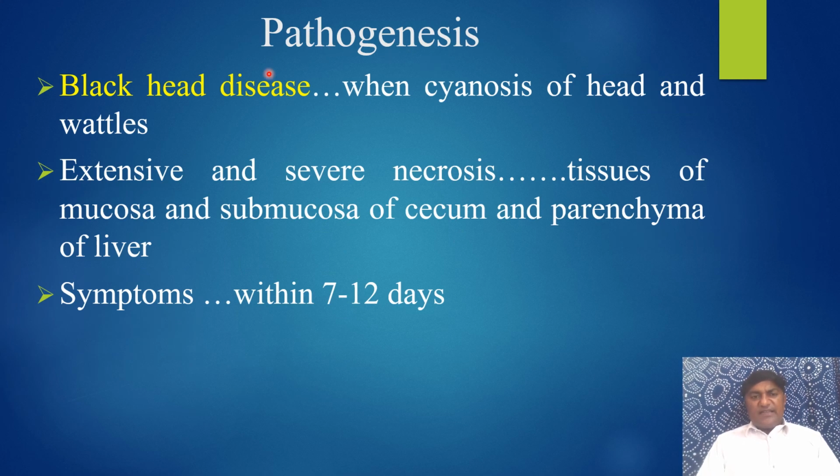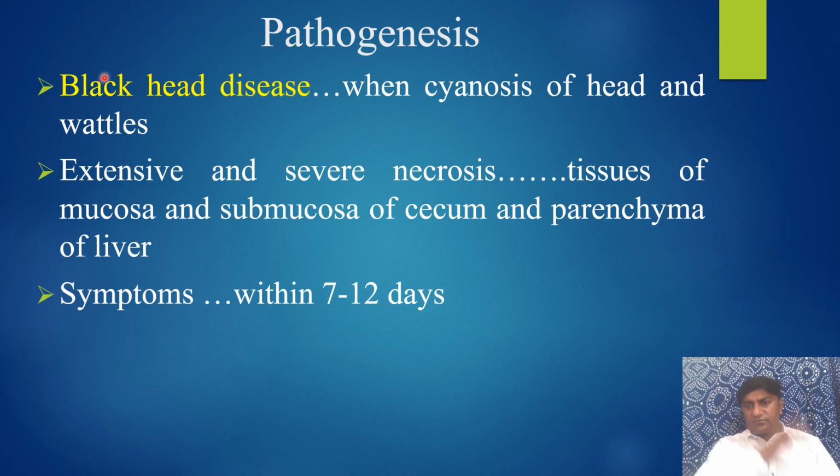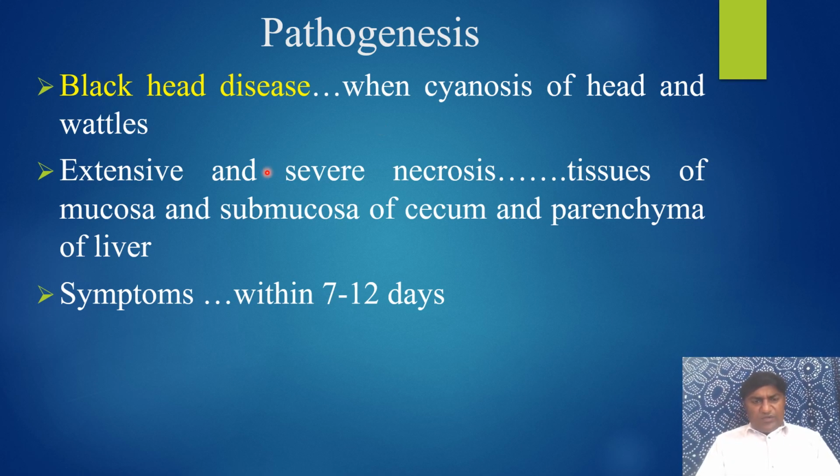So, pathogenesis: it is also called blackhead disease. When cyanosis of the head and wattle occurs, then it is called blackhead disease. There is extensive and severe necrosis of the tissues of the mucosa and submucosa of the cecum and the parenchyma of the liver, and sometimes symptoms appear within